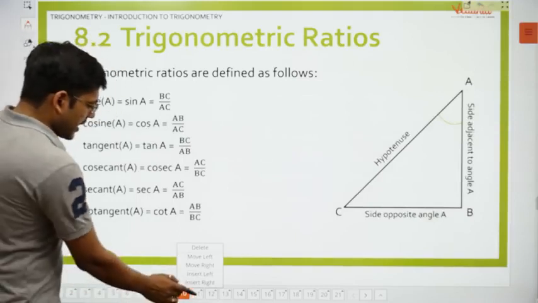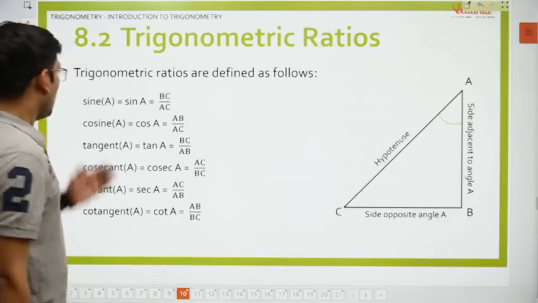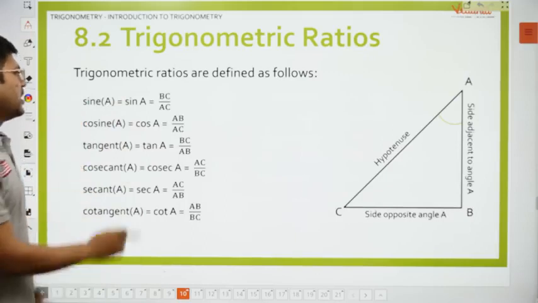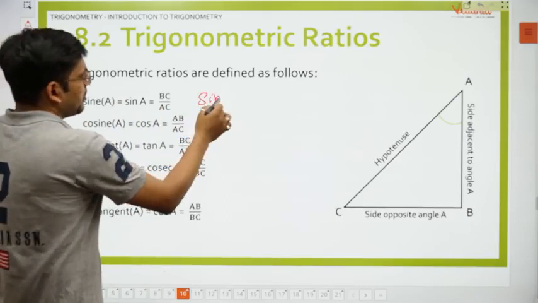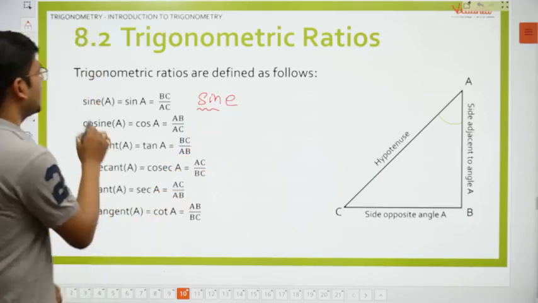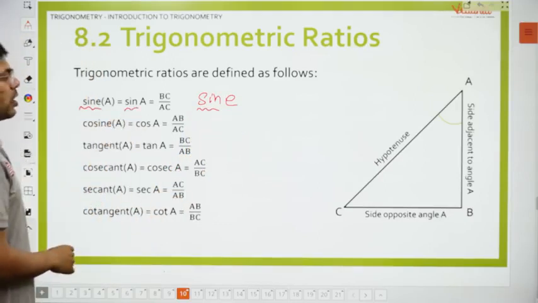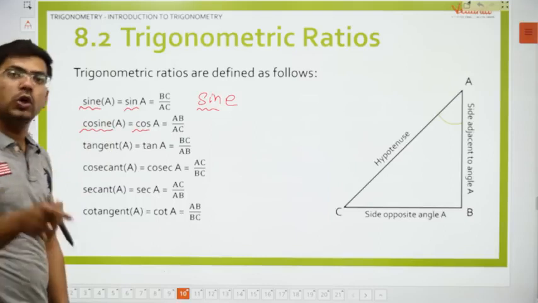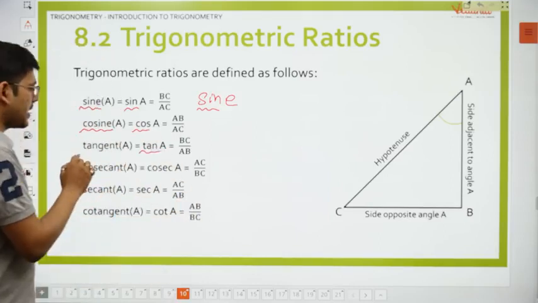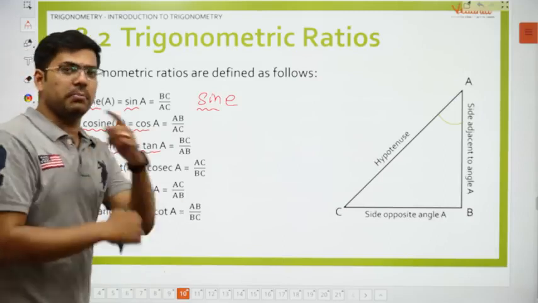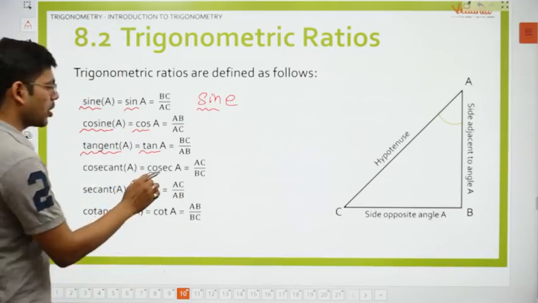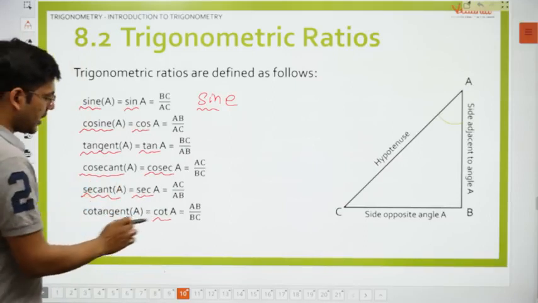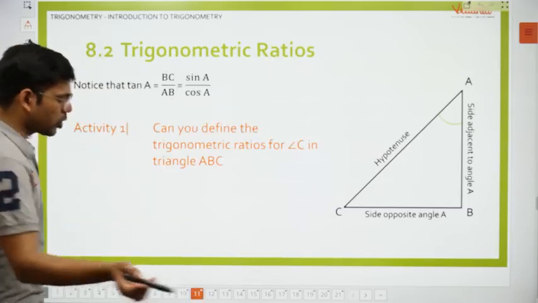Now, come to this guys. Say for example, these all are the T ratios: sine, cosine, tangent. What we write as sin is just a short form. The complete name is sine, S-I-N-E. Similarly, for cos of angle, the complete name is cosine. For tan, it is written as tangent. What does it mean? We will read about it in the higher classes. Now, for cosec, we write the full name as cosecant. For sec, it is secant, and for cot, it is cotangent. Moving on to the next slide.